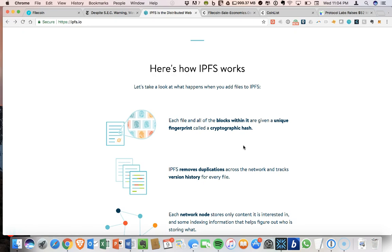There's been some criticism about this because initially Filecoin will only be available to accredited investors through the ICO. So this means that only individuals that have a net worth of $1 million or make an income of $200,000 a year will be able to purchase Filecoin initially before it becomes traded on exchanges. But this is actually an intriguing aspect of Filecoin, trying to develop a way for this to be launched